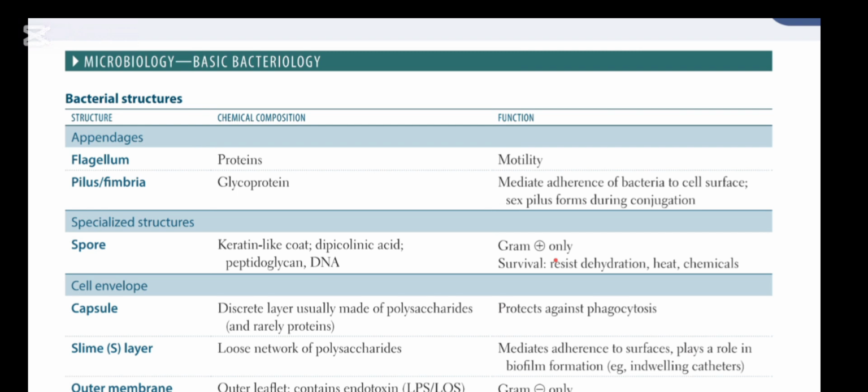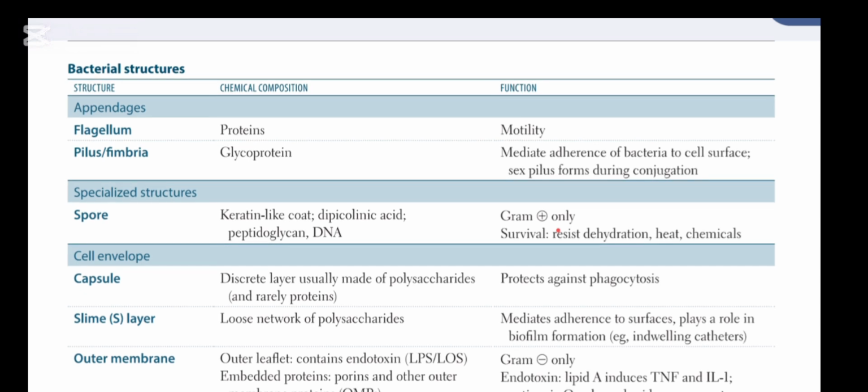So in microbiology, we are going to study the basic bacteriology. The basic bacteriology starts with some bacterial structures that are important in understanding the bacterial pathology. So starting with the appendages. Appendages are of two types. It includes the